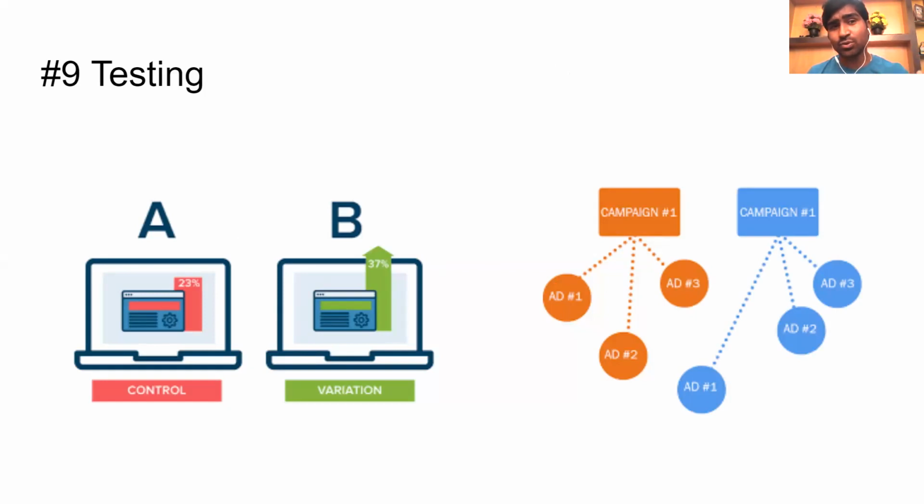Even a minute change like switching from red to blue or green can make a difference and help you convert more. So this testing phase has to be an ongoing thing, and you have to monitor, tweak and test